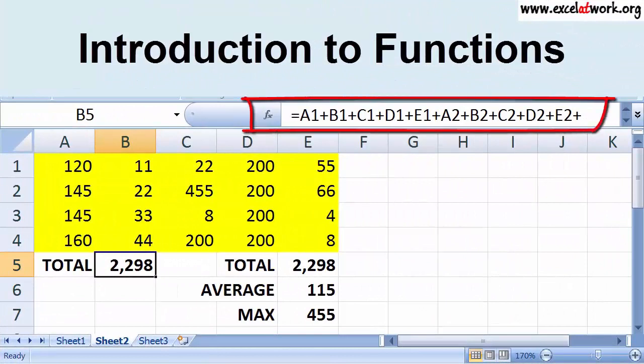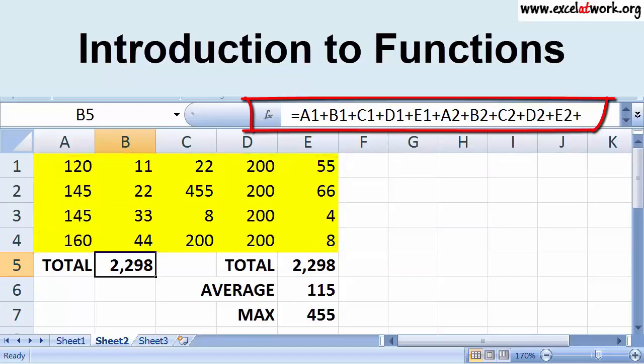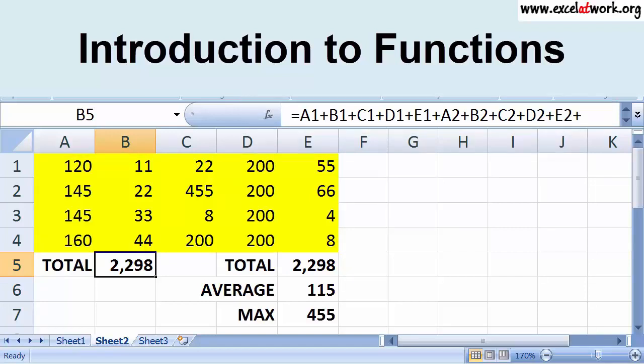The formula bar displays the formula built in cell B5. This formula calculates the total of all the values in the yellow cells. As you can see, this is a long formula that took me a lot of time to build. There is an easier and faster way to calculate the total of all these numbers, and that is by using what are called functions. I select cell E5,